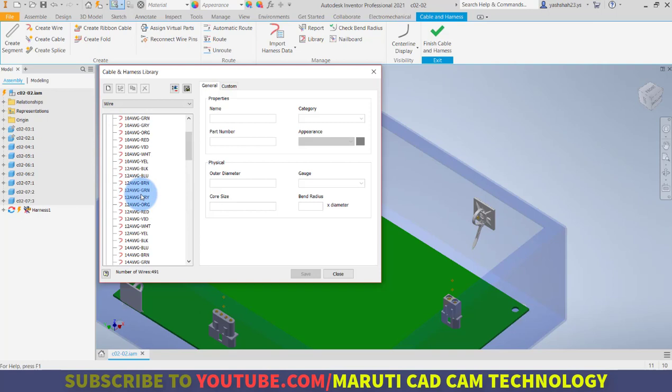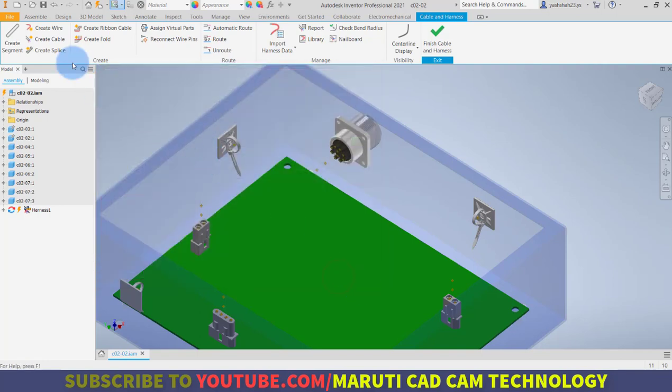In the generic, we have a 12 gauge wire that is green in color, with its category, part number, outer diameter, gauge, and all the properties. The reason for specifying the outer diameter is so that Inventor can calculate the size of your harness bundle as it creates the wires. Now we will close this dialog box and create a wire.